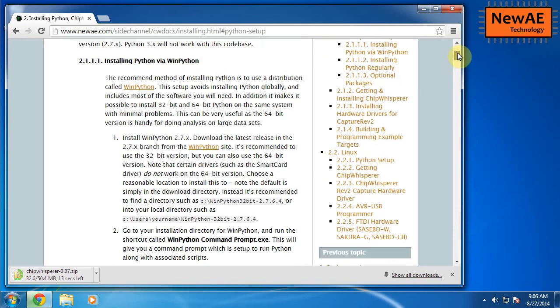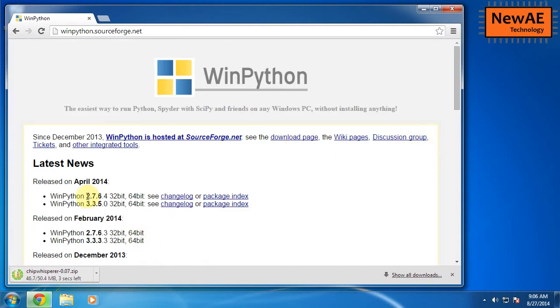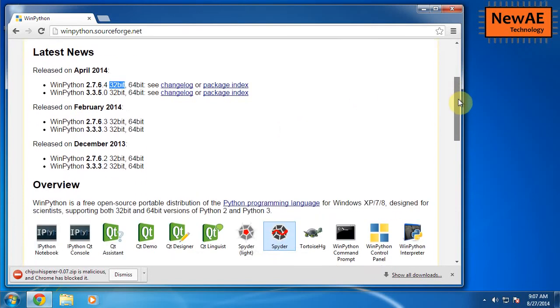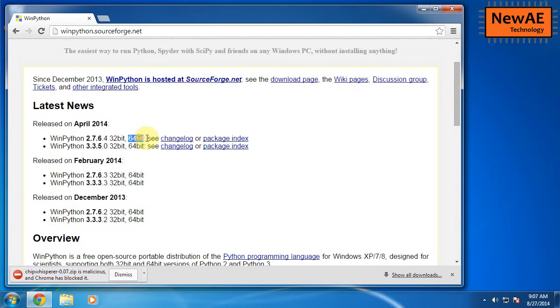The easiest thing to do is to install a Python distribution if you don't already have Python. I'm going to use WinPython as one of these distributions, and we want the 2.7.6. You can't use Python 3 or 3.3 in this case. It has to be 2.7 point something. And we want the 32-bit version of it, at least for this tutorial. You can in fact use the 64-bit version, and depending on what you're doing, you may prefer having the 64-bit version,